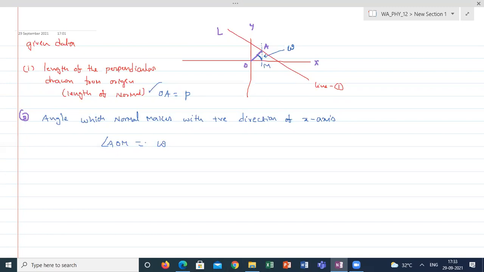So with respect to these two data, how to calculate the equation of the line? The data is completely related to OA. That means indirectly he is saying he gave the slope of OA, the slope of the normal, and the length of the normal. That means the perpendicular distance from the origin is given. If I want to calculate the equation of a line, what do I want? At least I want one point and slope, or worst case, 2 points, or intercepts.